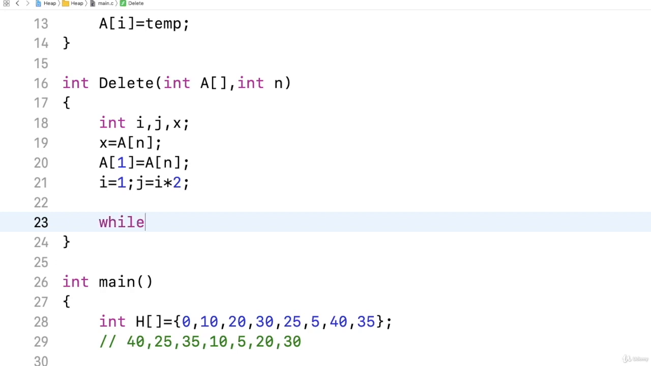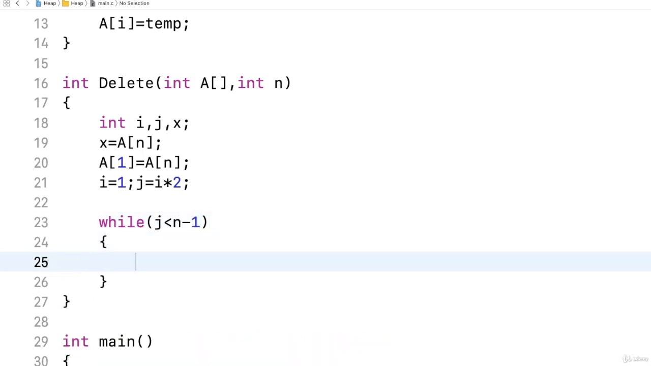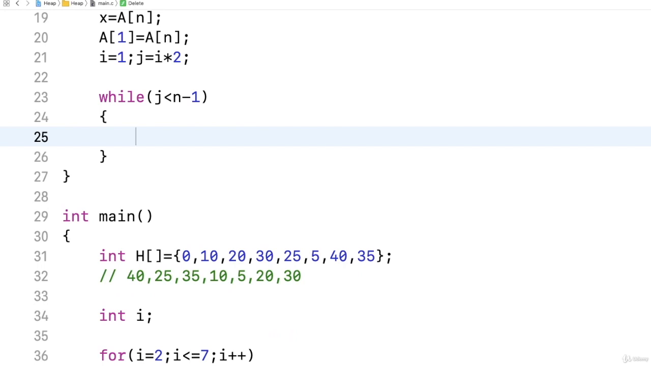Now we have to adjust this element. For adjustment, we will run a while loop while j is less than n. Now, as we have reduced one element, the size of the heap has reduced by 1, so it is j minus 1. Then every time we have to check whether the left child, where j is pointing, or the right child is greater. So here I will check if a of j is